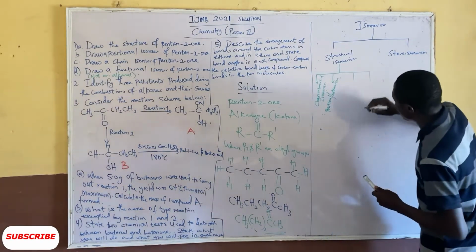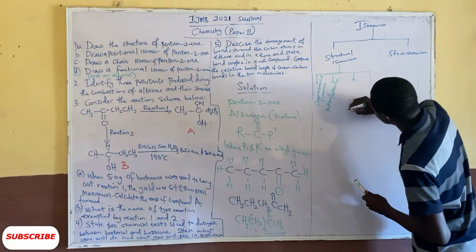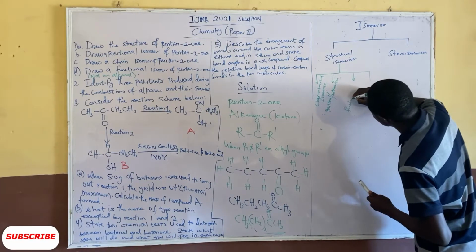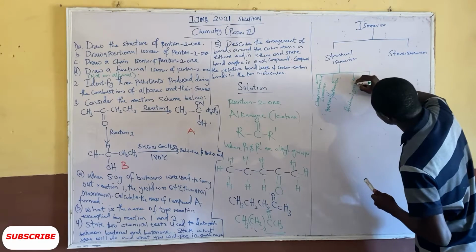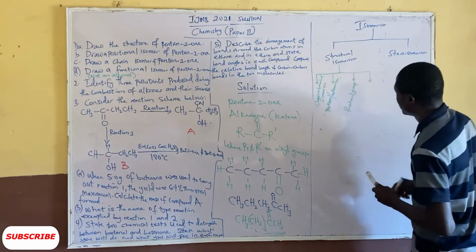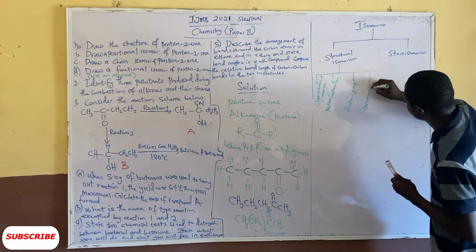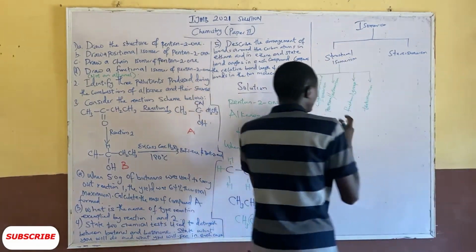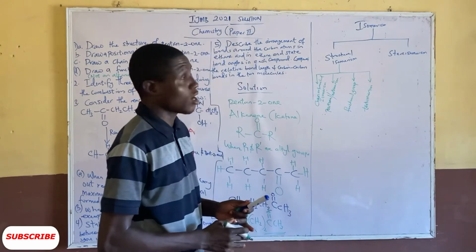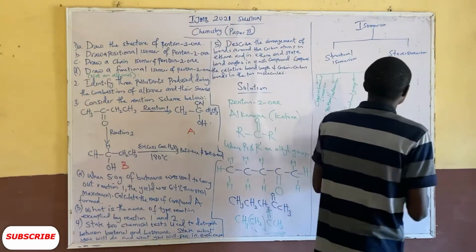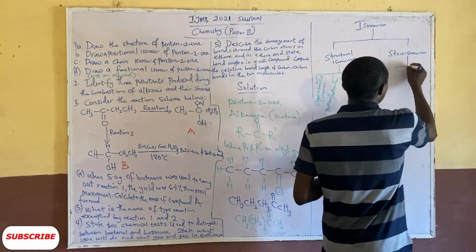The next one that we have here is the functional group isomerism. And the last one here is tautomerism. So these are the four major types of structural isomerism. But when I'm talking about stereoisomerism, we have to deal with